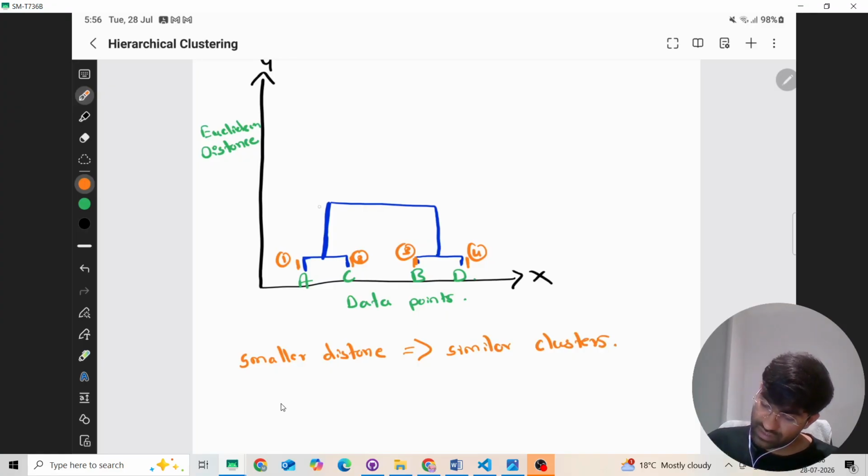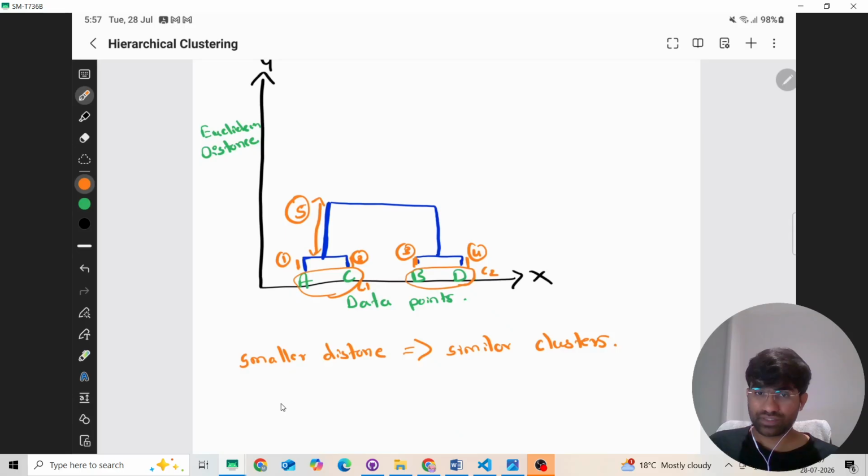If you see this line, it is large. That means large distance. This line 5 has large distance. So this line is the distance between cluster AC and cluster BD. Consider this is C1 and this is C2. So it is the distance between these clusters. So what this line is saying is,